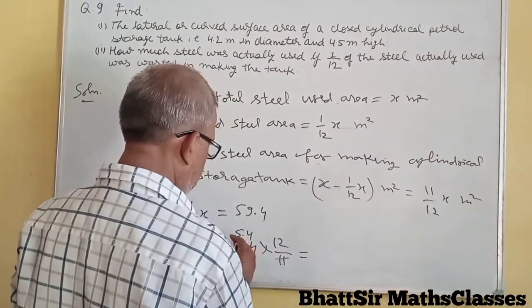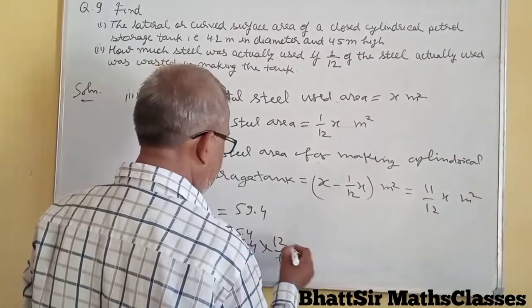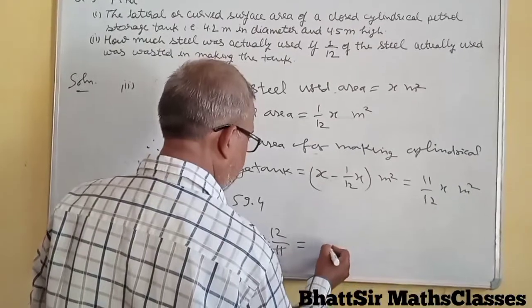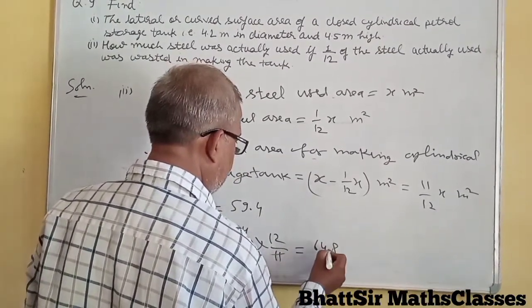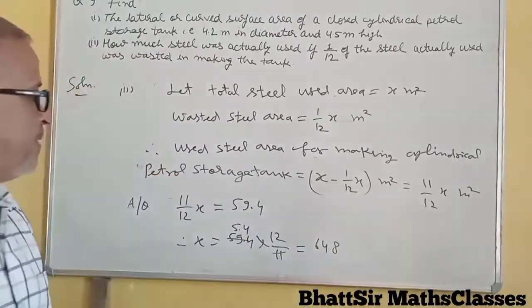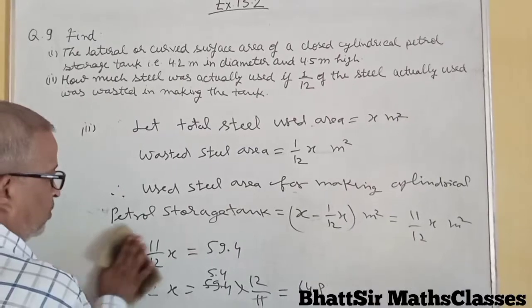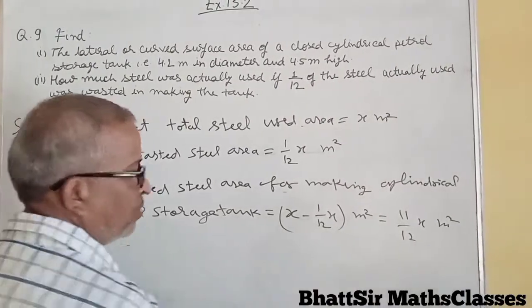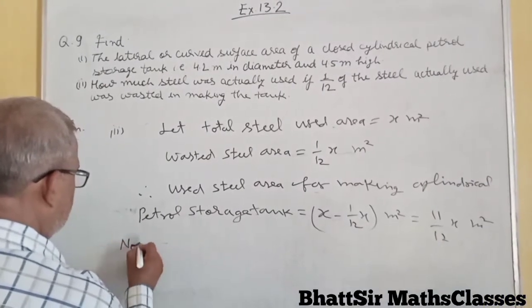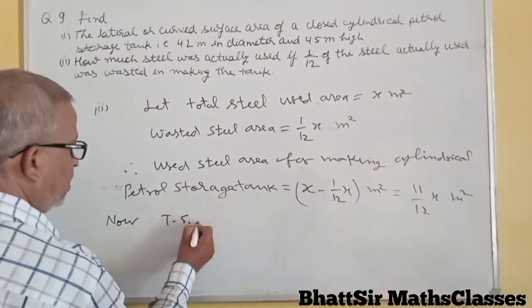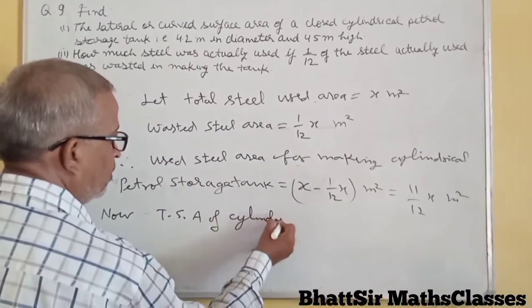Equal to 12 4 are 48. Now TSA of cylinder